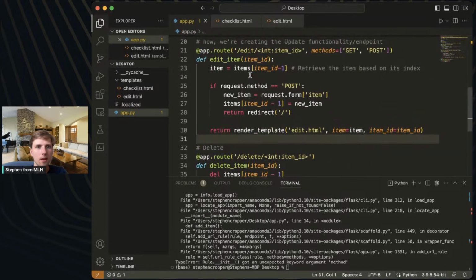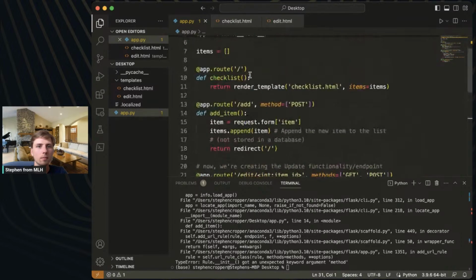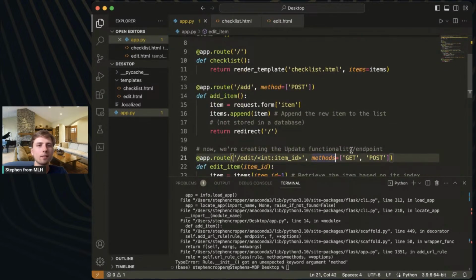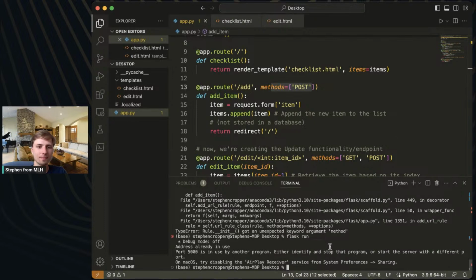All right. So it must be an error in the way I wrote the methods here. Oh, I see it here. So it must be this. Change method to methods. Yep. I guess I got confused because we were writing one single method here. Sorry about that, everybody. Oh, and I'm using port 5000, so